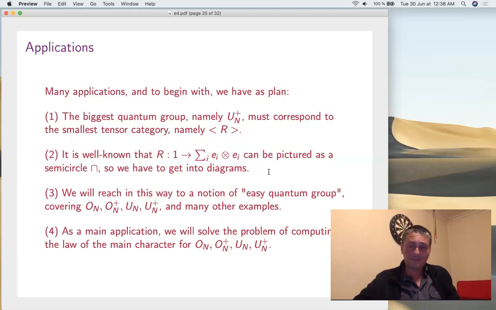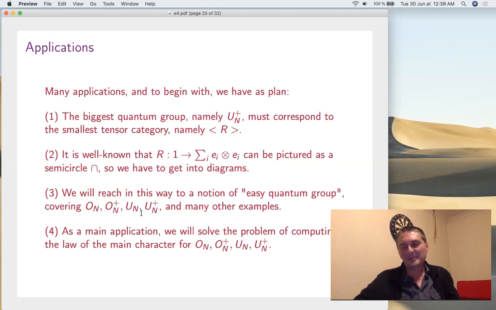So what to have as an application? Well, let's go back to the things we're interested in, right? We have four main objects, U_N^+, and so on. I mean, especially U_N^+, right? Because these are the quantum groups that we introduced, and for the moment we don't know much about them. But we'll include in the discussion also the classical versions, which are not that trivial. They're actually more complicated than the free ones, but we'll see this later.